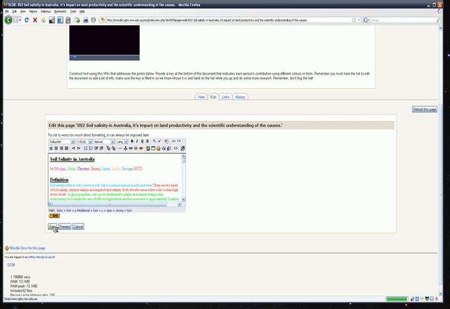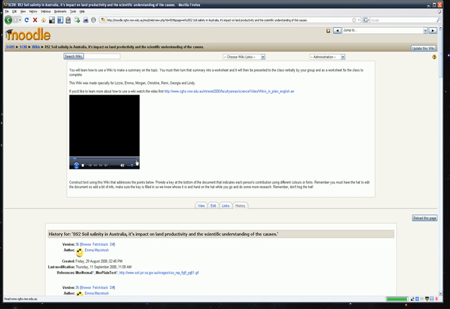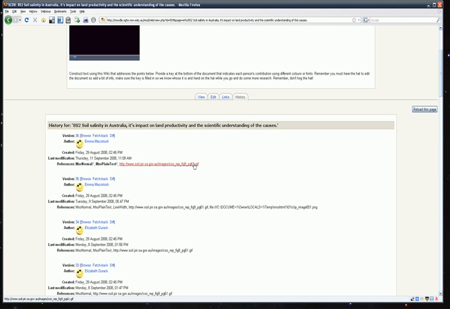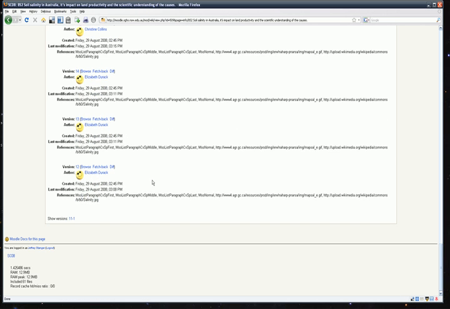window. And what they would have done once they edited is then press save. One of the great things about these wikis, most wikis, you can look at the history of the wiki. So if I come over here and look at the history one, when I get the final document, of course I can see the colours, so I can see what each student has done, but also what I can see down here is all the different versions of that document from when it started. So if we go back all the way back to the start,